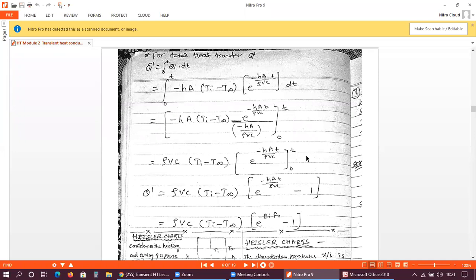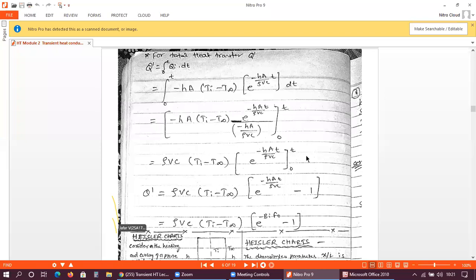In annealing, what happens? You are cooling within the furnace, right? In some other heat treatment process, you take the object from the furnace and keep it in the atmosphere. That is one more method. In another process, you directly take the hot object from the furnace and dip it into a certain liquid medium, right?